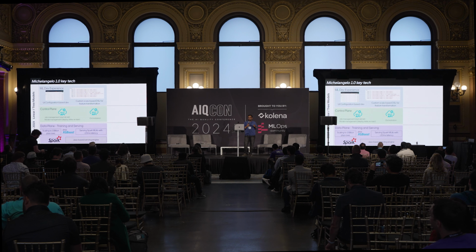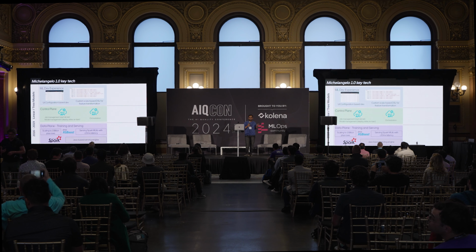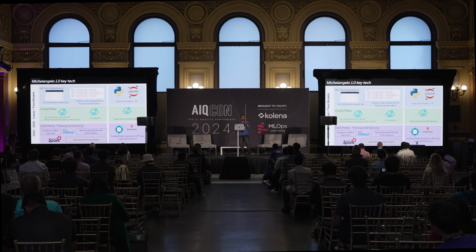And with respect to the feature engineering part, where you want to do some transformations or fill in default values and whatnot, we had our own Scala-based DSL that will let you iterate. So if you wanted to remove a feature, you basically commented out a line here, and if you wanted to add a new feature, you add a new line and write it in Scala what you actually want the transformation to be. Not only did we have that, we also had a separate stack for managing all the deep learning